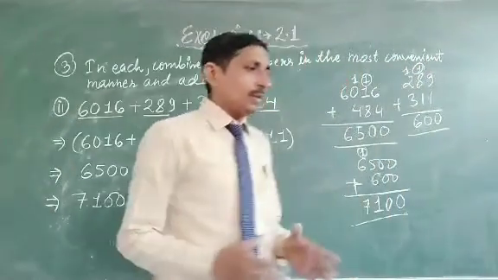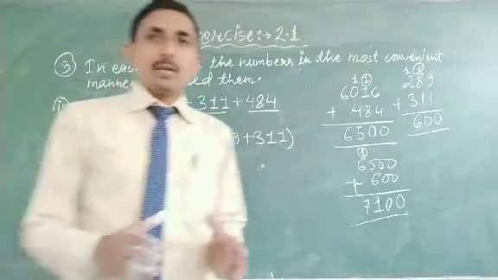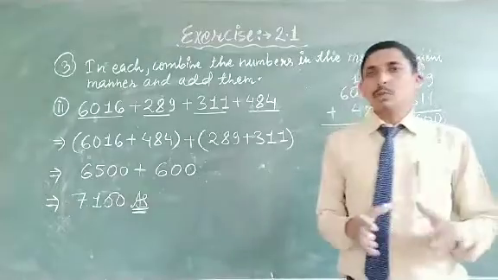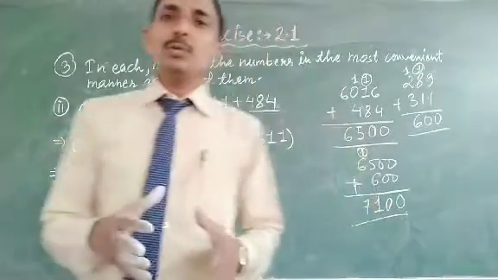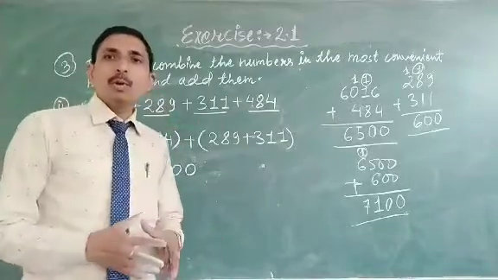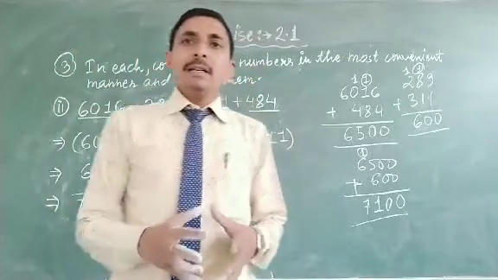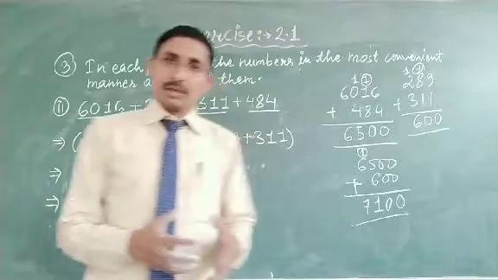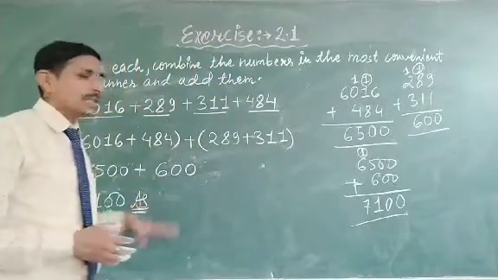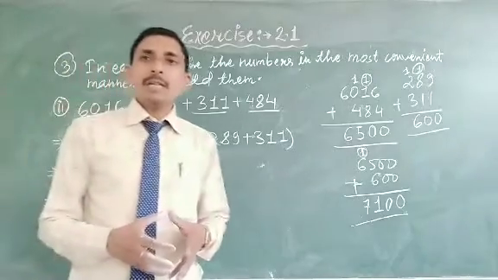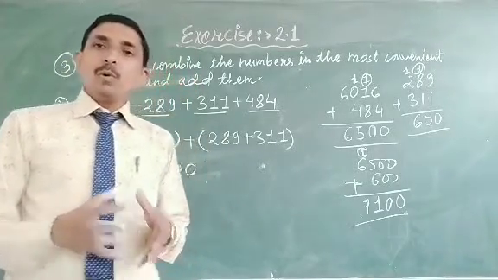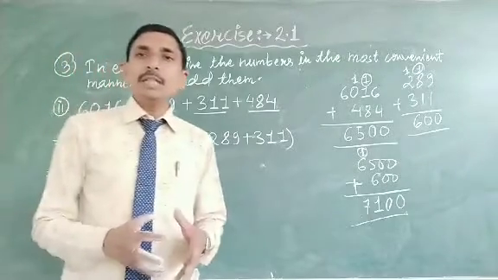So now your work is, some questions are remaining in question number 1, question number 2 and question number 3. What you have to do? You have to practice it by following this process and solve the remaining questions. So in this way, I hope the process is clear to you all. Once again, learn the properties of addition of whole numbers. That will make it easy to solve this exercise.